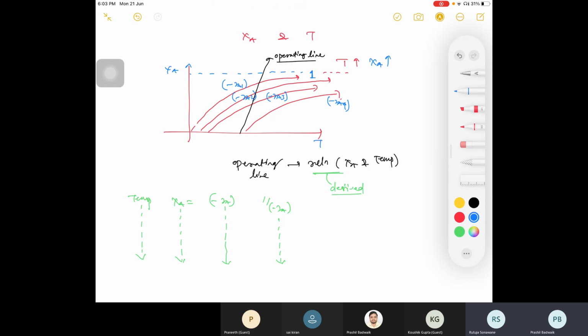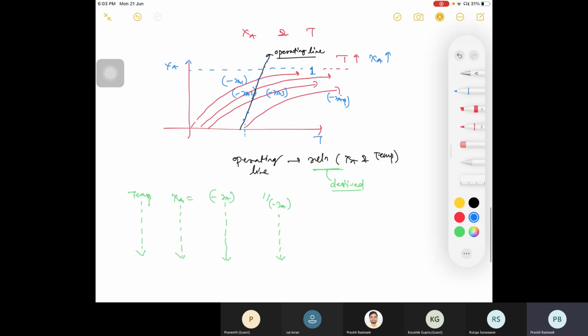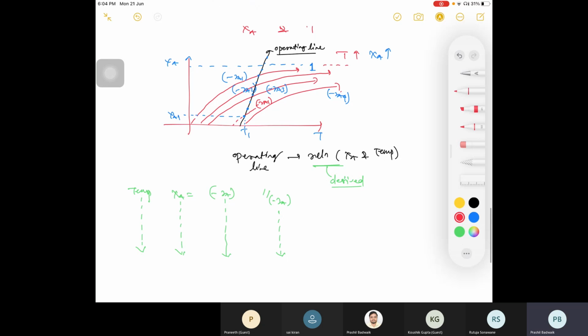Yes. So see here, you are having this value here, this value here, this value here. From this operating line, you will be having a standard curve and you will be having your operating line. So operating line से क्या मिला तुम्हें? At this particular temperature, what is your value of minus RA and what is your value of XA, right? XA1, this is your T1 and this is minus RA1, right here. So you will get this data for temperature conversion.